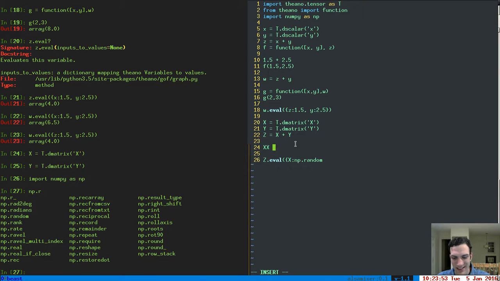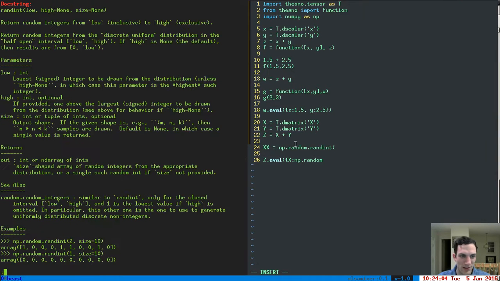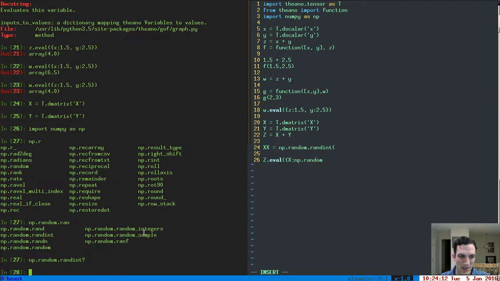Hang on. Numpy dot random dot randint. I never remember how to use this. That should be one of my taglines. I don't remember how to use this. Let me look it up again. Right. You sort of put your alphabet size and how big it is and the dimensions of it. So numpy.random.randint